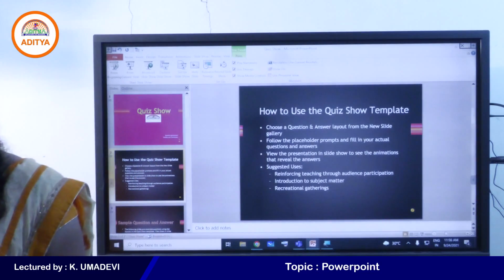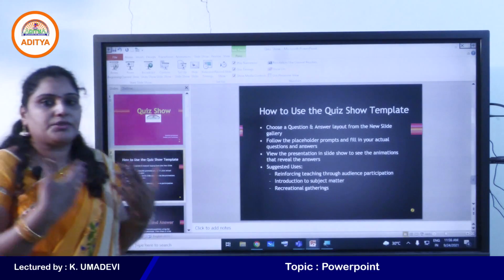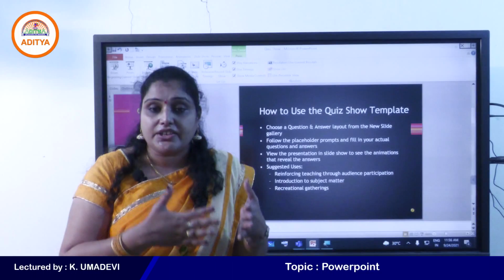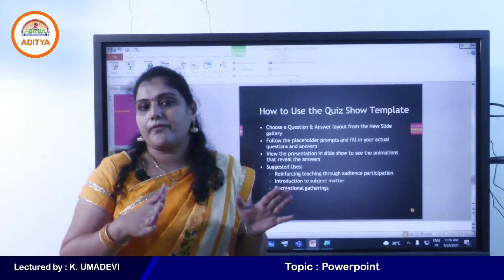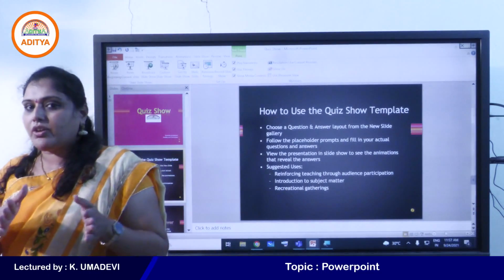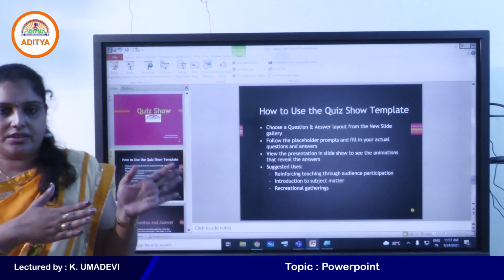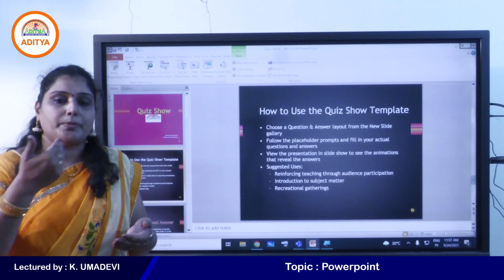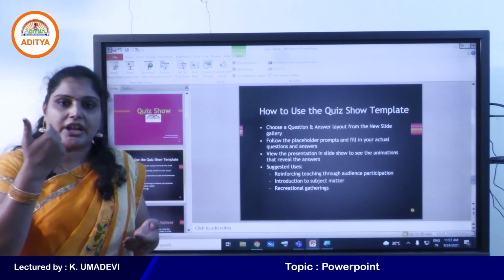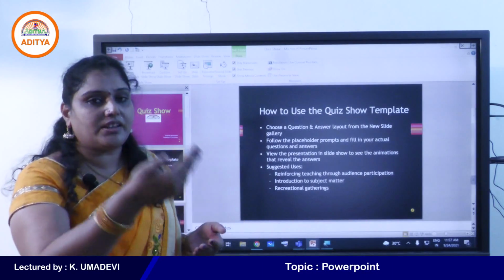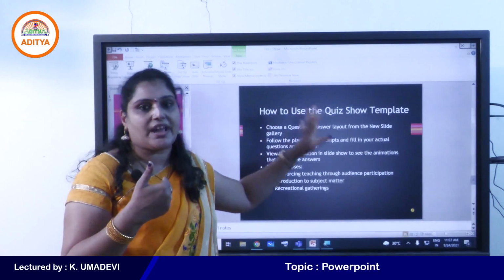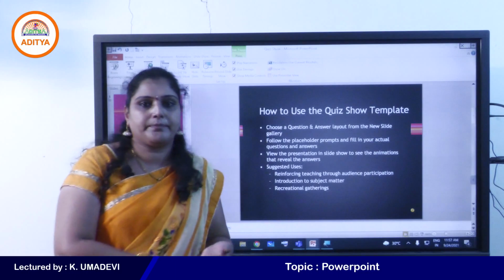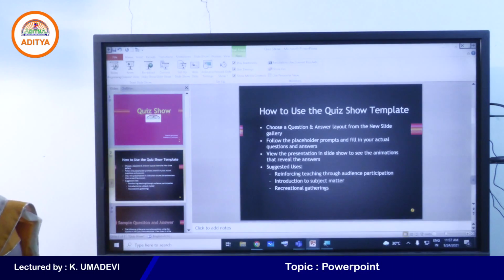Clear, students? So transition effects are applied to the slides, whereas animation effects are applied to text, pictures, or any other type of objects. Is it clear to you all? Yes, we can add sounds in slide transitions, and we can use timings to run automatically. If you want to run your slideshow automatically, then use timings on the Transitions tab. Just select the After option and you can select the time. Clear, students?